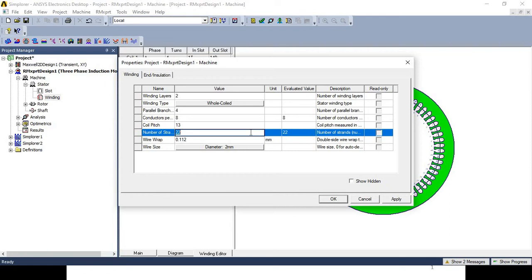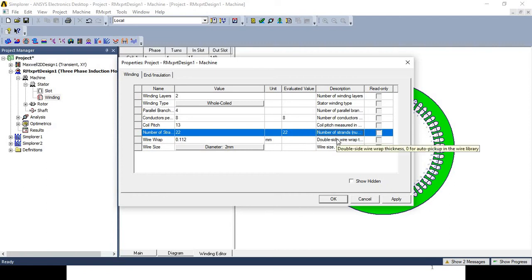how to select the wire material, then you have the option that you can press 0 here for auto design. That means according to the current value of your design, that is, the current which will flow through this conductor, the wire strands will be selected automatically, and for that you can press the 0 option for auto design. Then wire wrap.